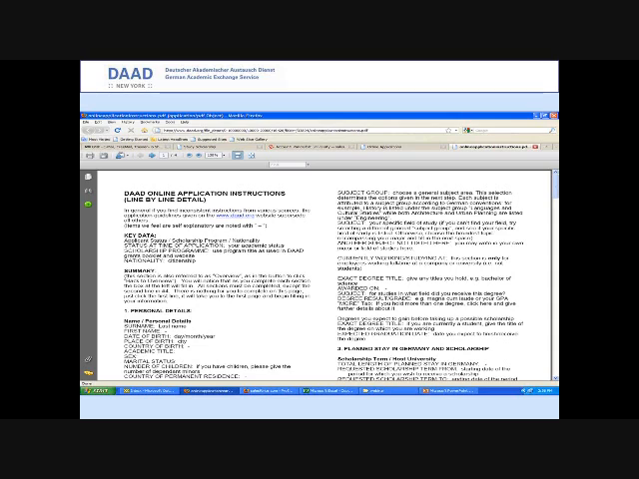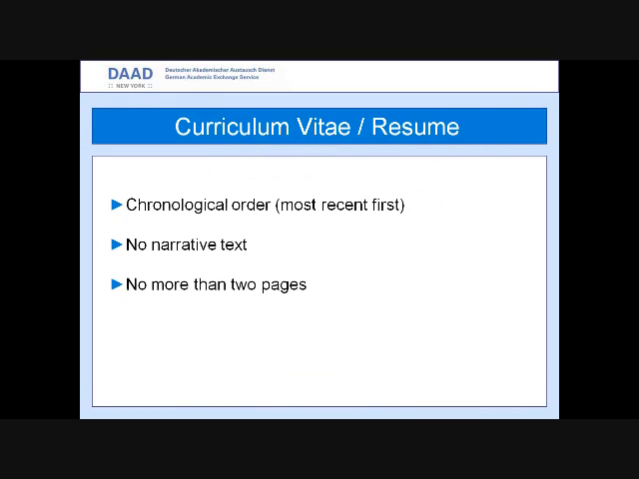These last 2 pages of the online form, they are for students from all over the world. These are special instructions for students from Canada and the US. You have to submit